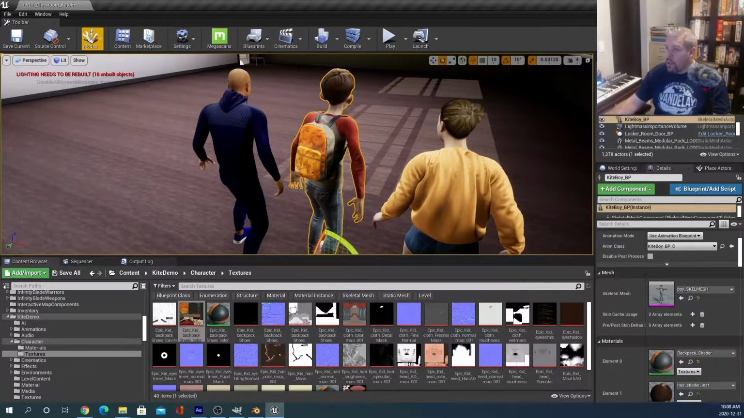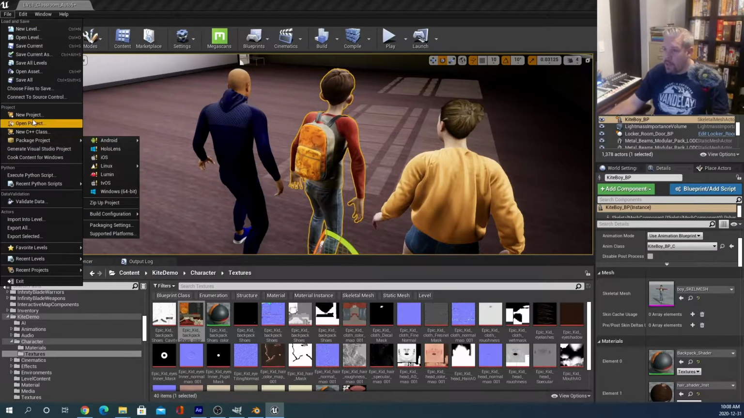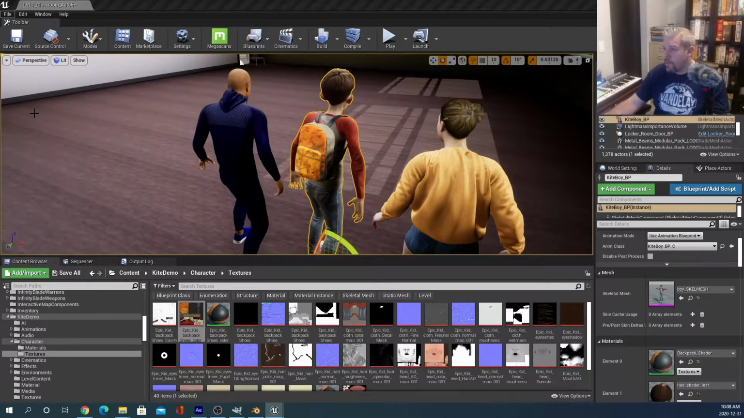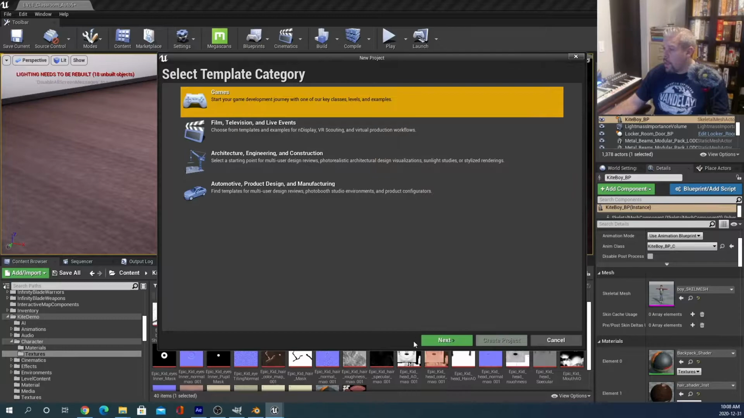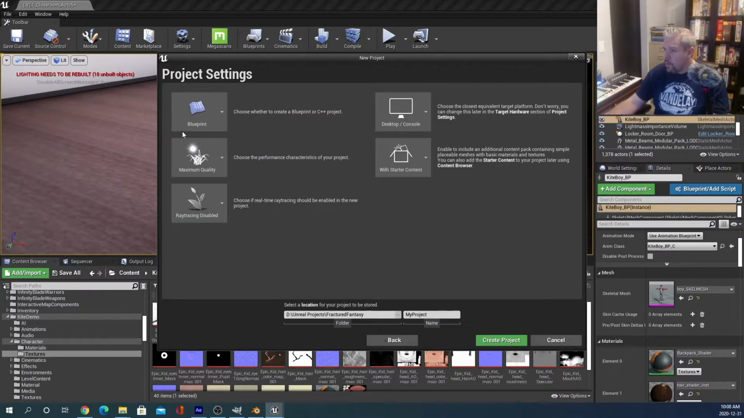Okay, so we're done with this. We're actually going to go up to File and create a new project and start the hands-on part of the tutorial here. So I'm just going to navigate to New Project. We can just pick a game, that's fine. We'll pick third person. All of these settings are fine. Just really make sure that it has starter content, because we're going to use the